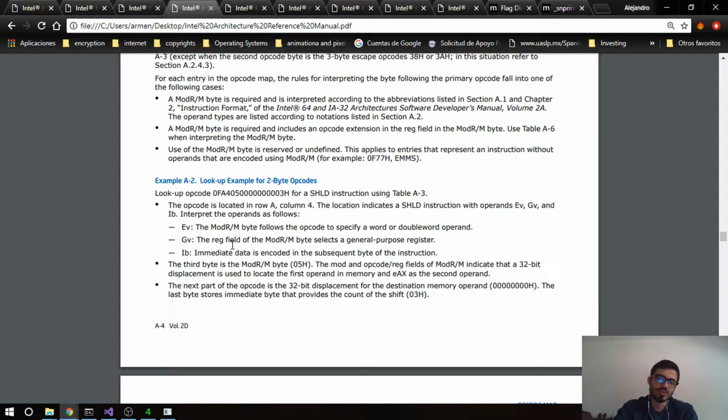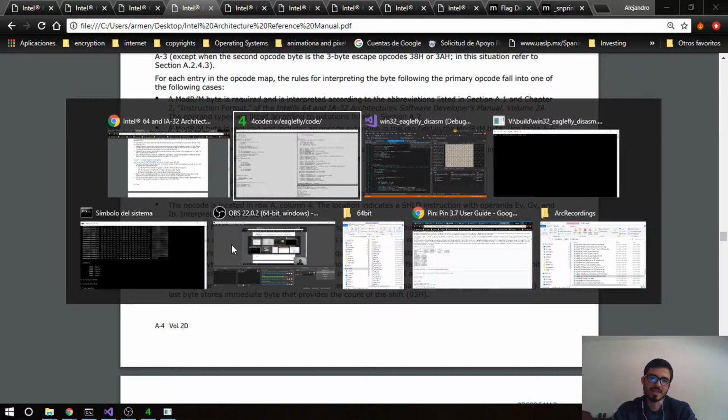So how do we know it's a double word? Well, because the operand size attribute is telling me that specifically. So the effective operand size attribute should be encoded there as well. So yeah. So if that's the case,